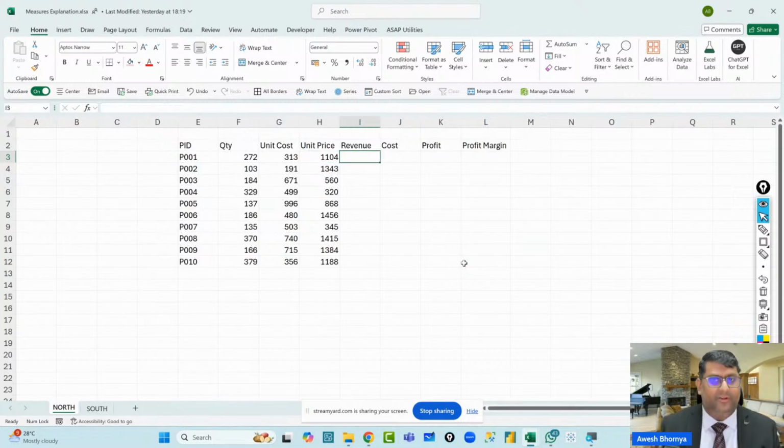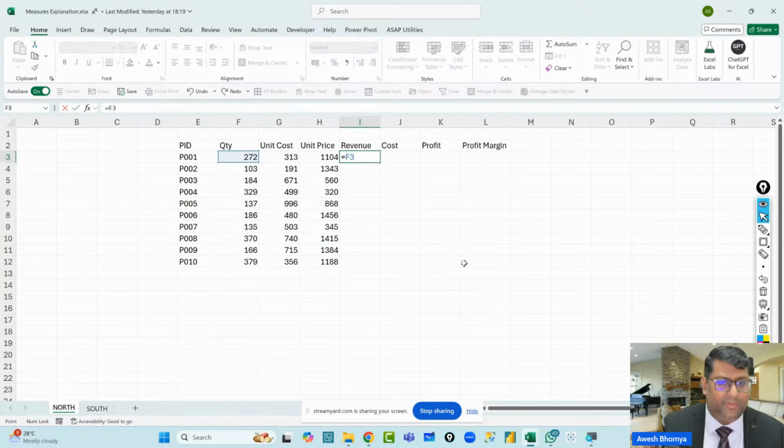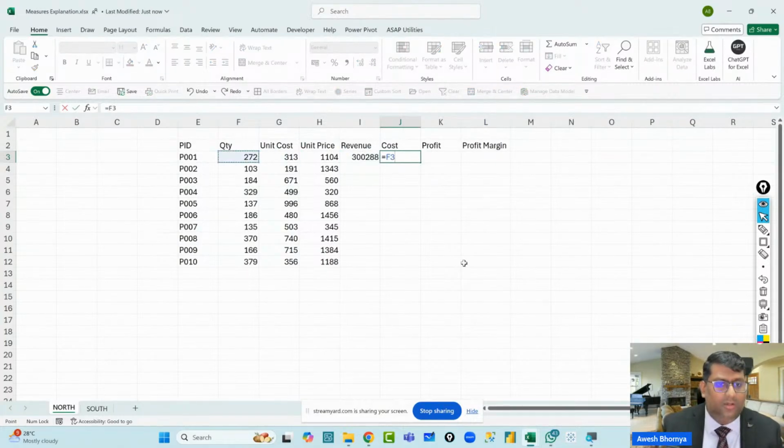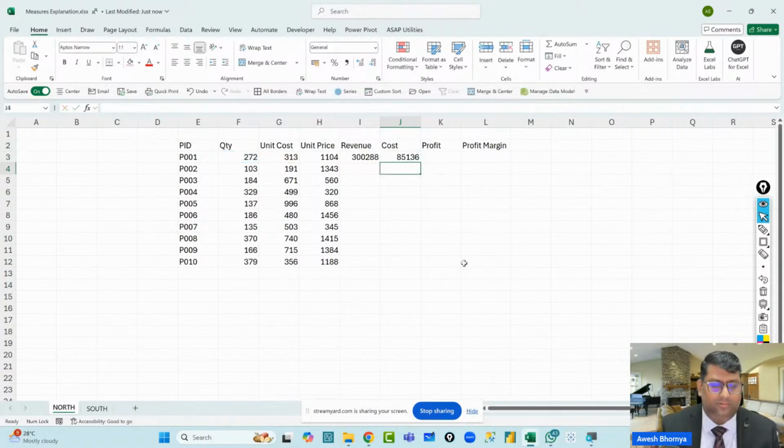The revenue needs to be calculated, cost needs to be calculated, and profit and profit margin need to be calculated. We've anyways reached up to profit. We've done a very simple job of multiplying the quantity by the unit price, and then I'm going to multiply my quantity by the cost. And then I'm going to get my profit.